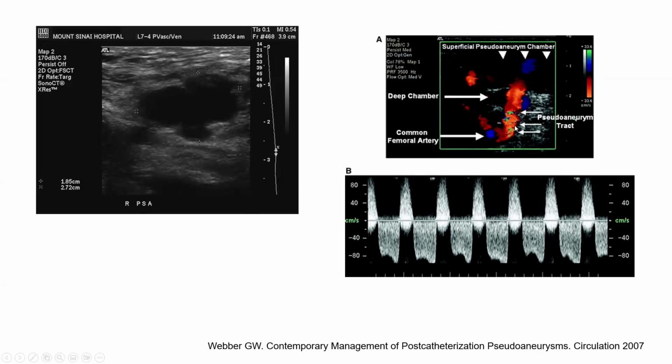Now, you have to always confirm it by Doppler, color and spectral Doppler. And you have to see to and fro. Why? Because you have to distinguish pseudoaneurysm from AV fistula. Pseudoaneurysm is frequently treated by thrombin injection, which is absolutely contraindicated in AV fistula. In AV fistula, the flow is one way from the artery to the vein in both systole and diastole. It's a one-way flow. In pseudoaneurysm, it's a two-way flow. So it's very important to know you don't want to inject an AV fistula,